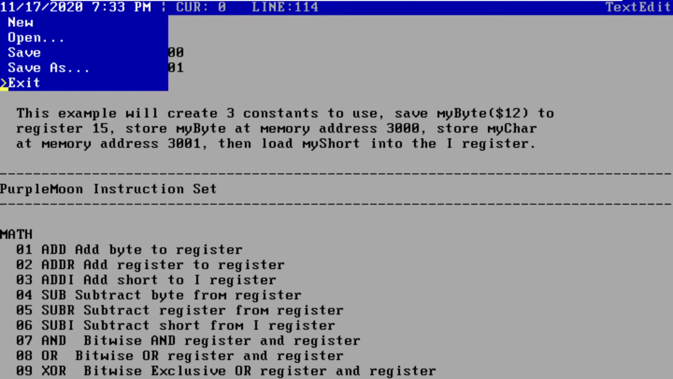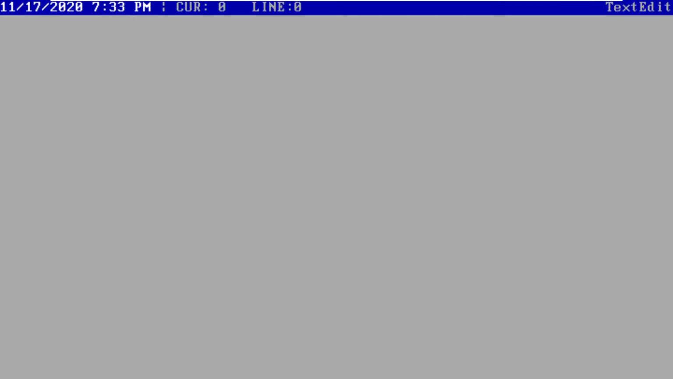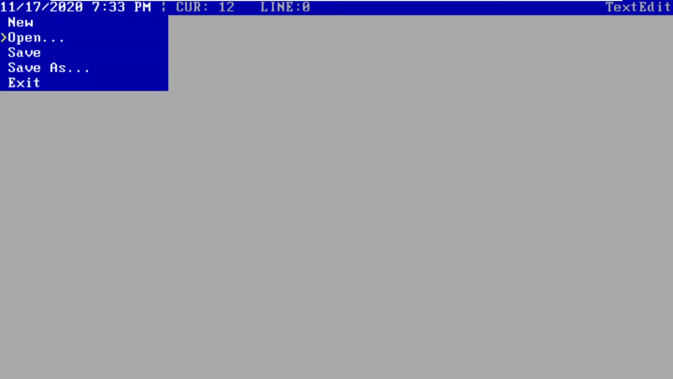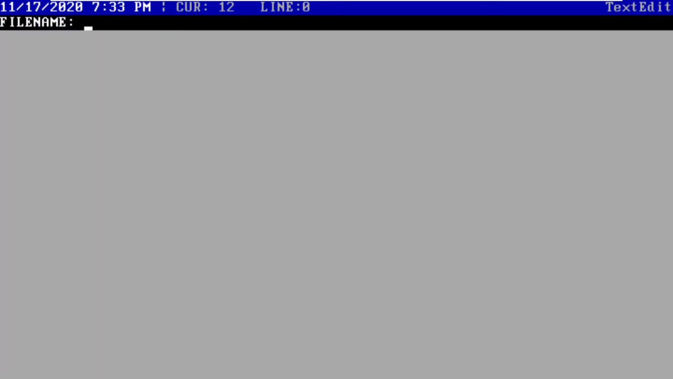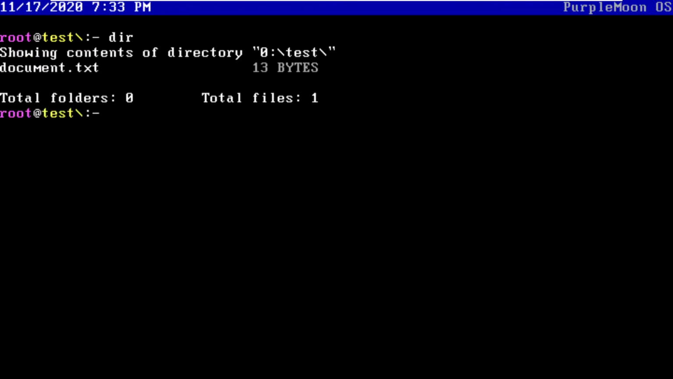But yeah, now that I've saved that document, actually I forgot to save it, so I'll go ahead and create a demonstration document again. I'll just call this Hello World. And then I can go ahead and actually save this in the new directory we created. So I'll save this as test document.txt. Successfully saved, and now I can get out of here and I can go dir, and now we have document.txt